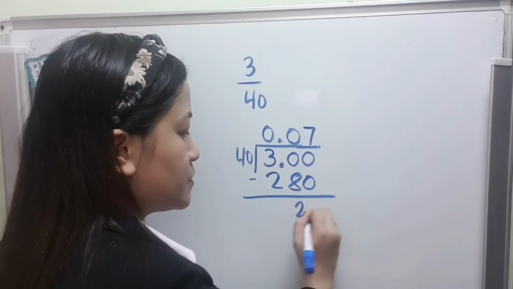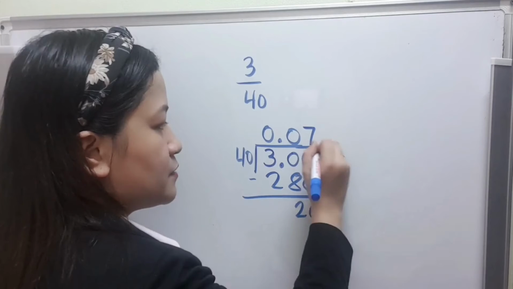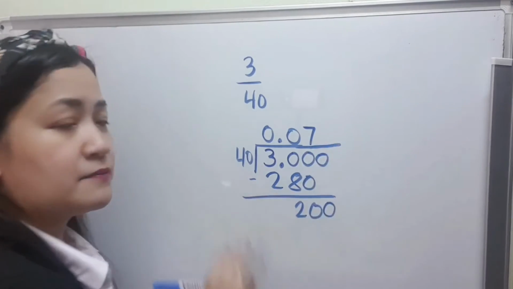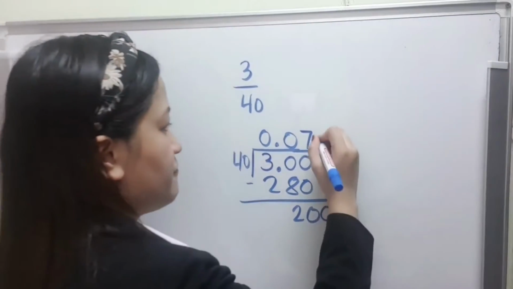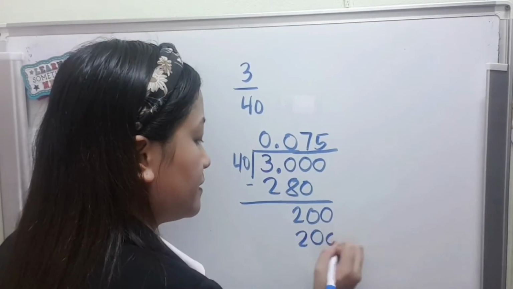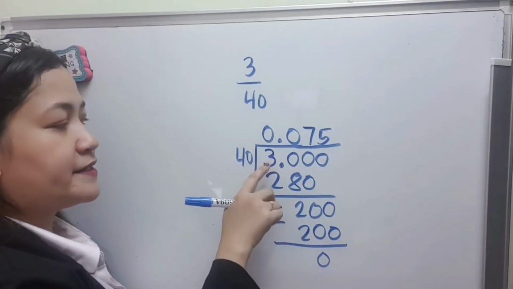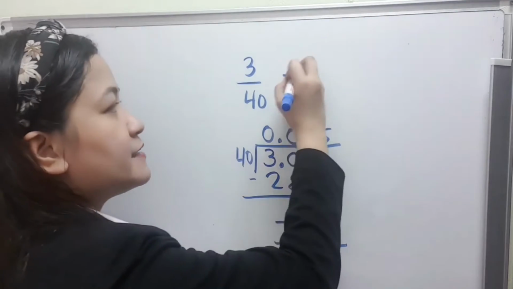Subtract, that gives us 20. Bring down another 0. So that gives us 200 divided by 40, which is 5. And 5 times 40 is 200. Subtract, that gives us 0. So when we divide 3 by 40, that gives us